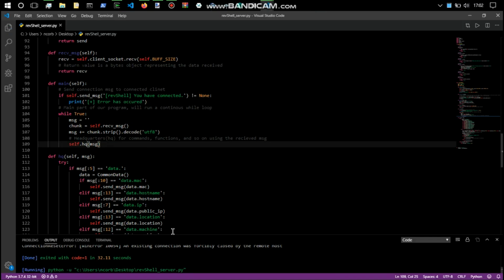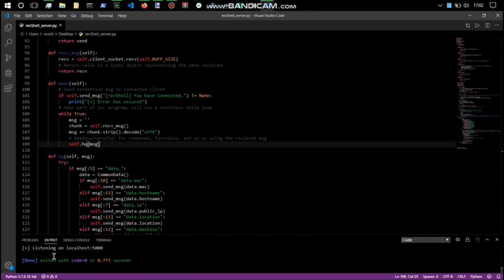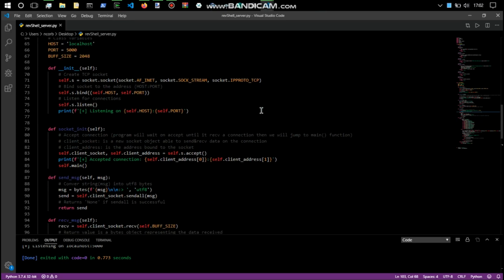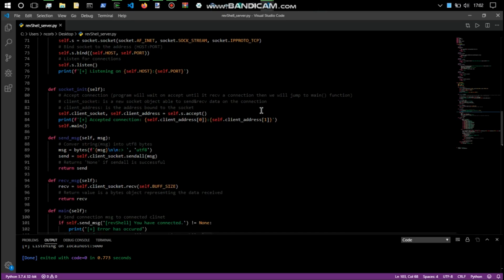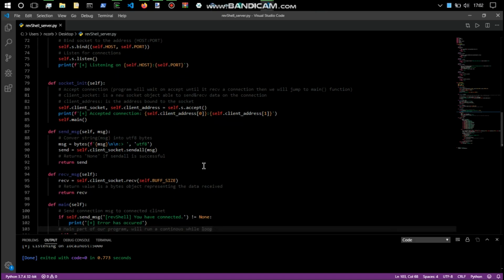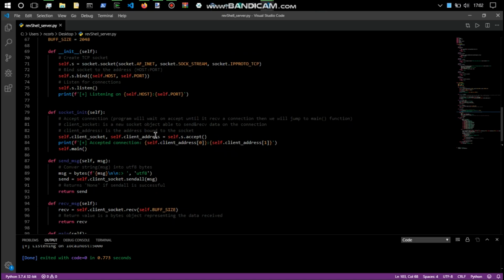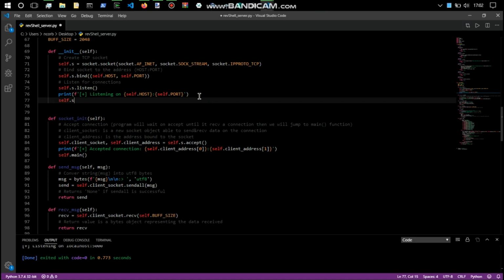And I think we can show this actually. If I just run this again, and we can see listening on localhost 5000, and it's exited. So what am I missing? Socket_init. Oh yeah, we haven't actually put socket_init in here. We need to do